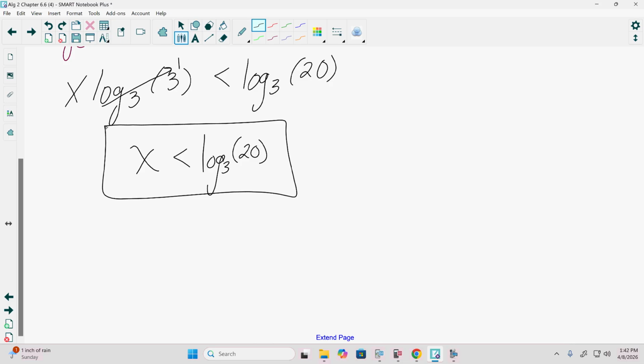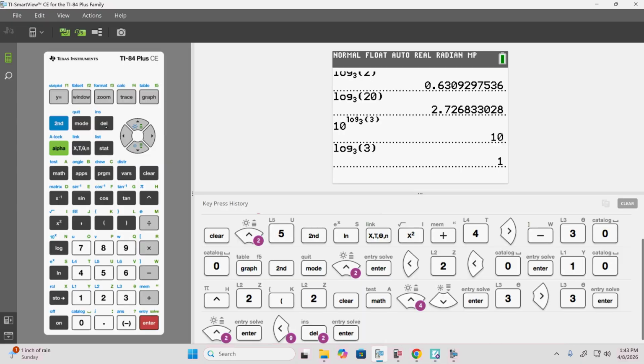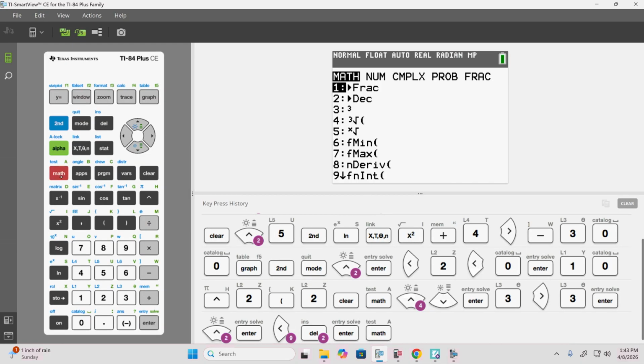And because we started out in exponential form, with the variable being in an exponent, we do not have restrictions. Because we could put rational, irrational, positive, negative, we can put any number we want in an exponent and we're fine. So there are no restrictions, we're just saying that x has to be less than log base 3 of 20. And if we wanted to figure out what that is,